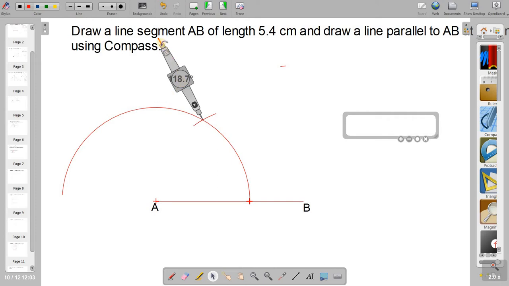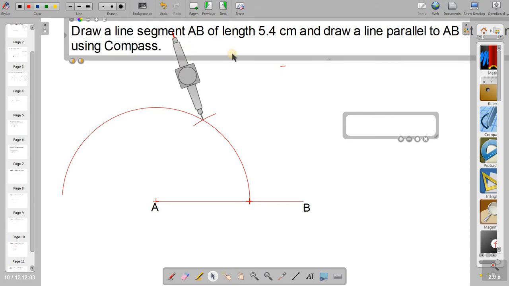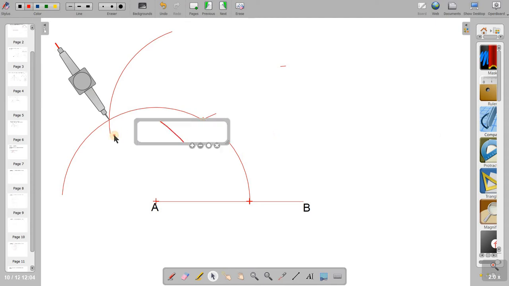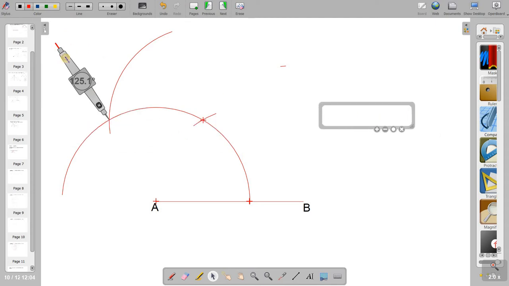Now I'll have to draw a bigger arc. I'll tilt it to the side and take this line above here. I have drawn a bigger arc here. Now I'll have to take the pivot to this point. I'll keep it here. You can see it is kept exactly at the point. I'll have to draw an arc here. Oh God, it has moved.